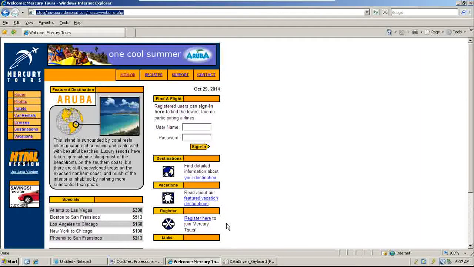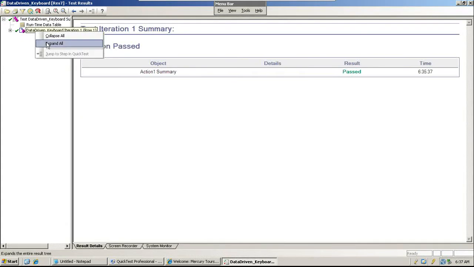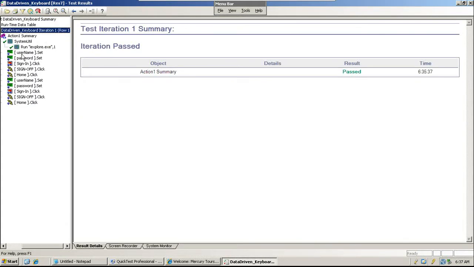Now done. Only after doing all these iterations will it end the execution and open the test results. So here in the test results it shows the same steps.